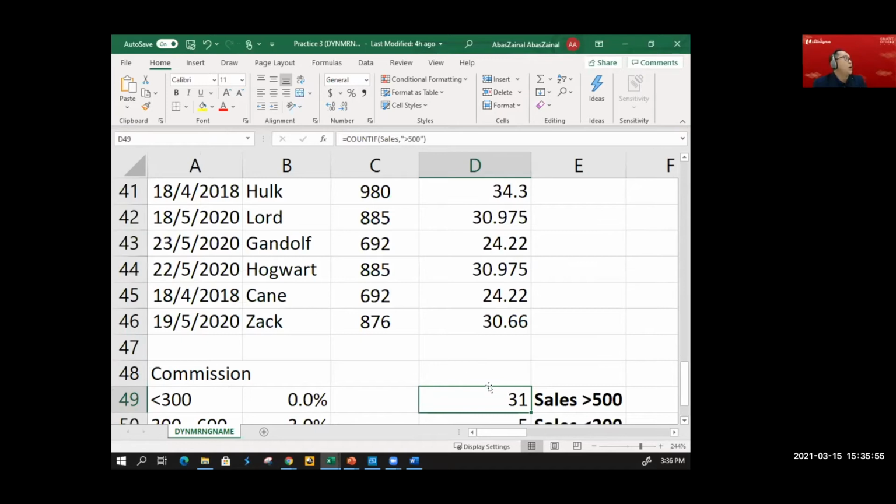Right? Once I click here, at the top, you will have this command that says COUNTIF. I'm just going to copy this and put it in the chat. This is the next set of command that you need to do. In other words, to count how many of the sales representatives achieve a sales of more than 500.